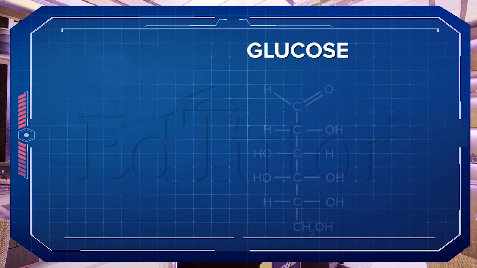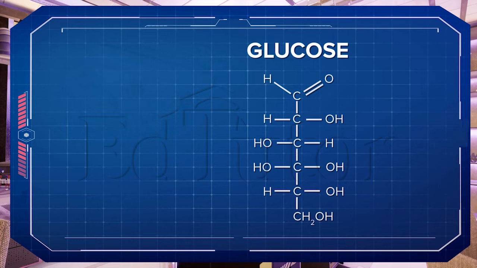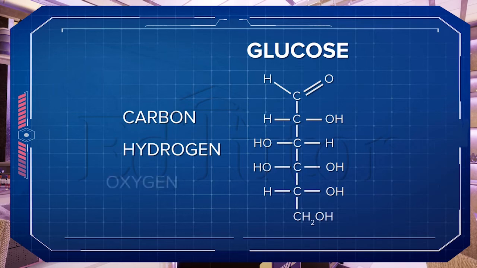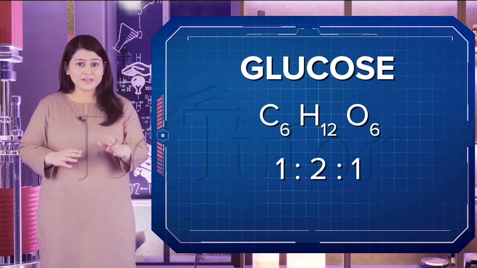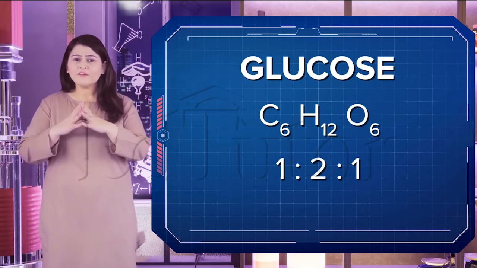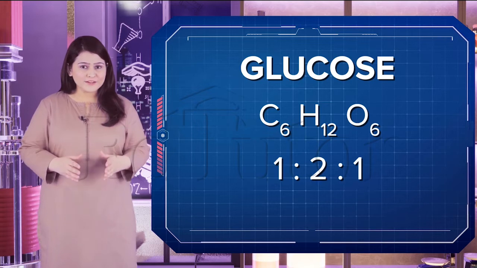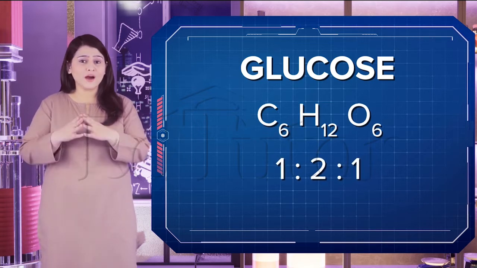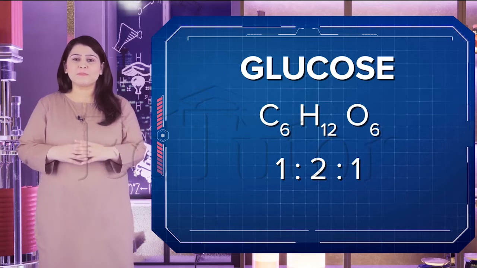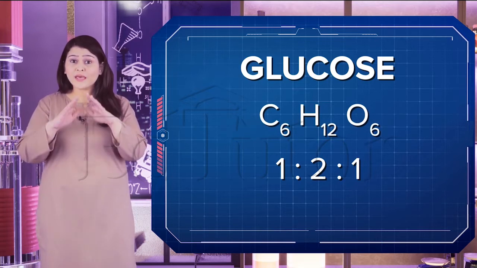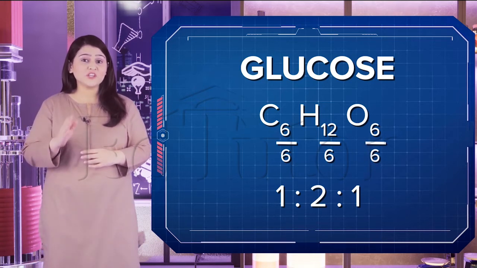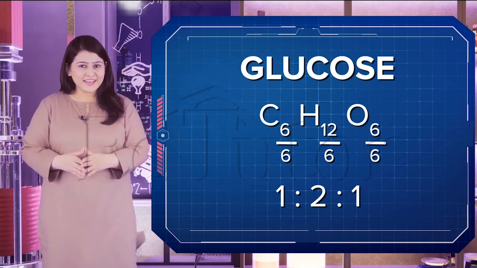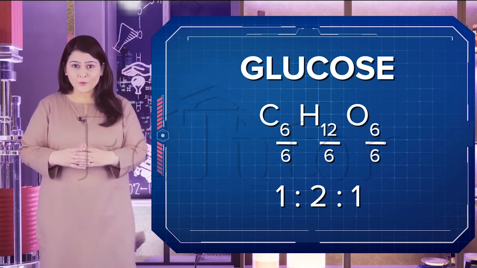Now let's take a look at the molecular formula of glucose. There are three elements in glucose: carbon, hydrogen and oxygen. If we look at the simplest ratio of each element in a molecule of glucose, we will find that it is 1:2:1 for carbon, hydrogen and oxygen respectively. This ratio can be found by dividing each number by the smallest number, which is 6. In the end, the empirical formula of glucose is